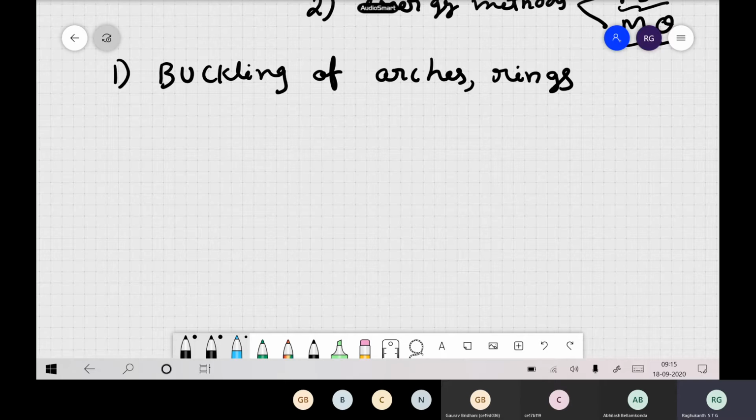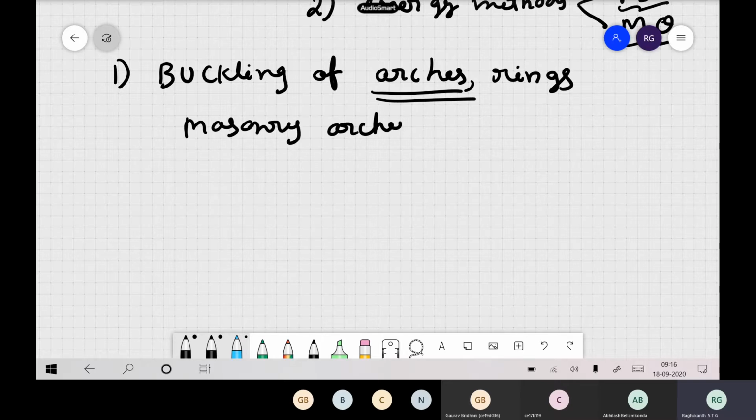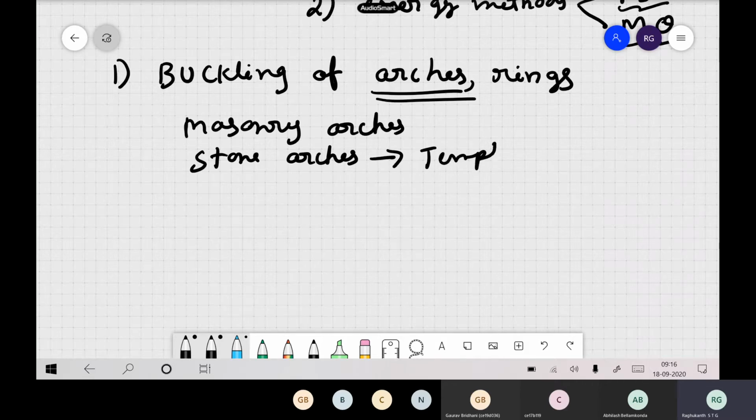Now, arches are all classical structures actually. Okay, so in the olden days also, you would have seen, I think these are the first kind of things. Many times in caves, wherever you go, Ajanta, or old temples. So these are very, very important actually. Then there are masonry arches, these old classical things, and then stone arches also are there. Okay, so this you will see in all old temples. If you go to Ajanta Ellora, which is the oldest thing, you will see many arch kind of structures.